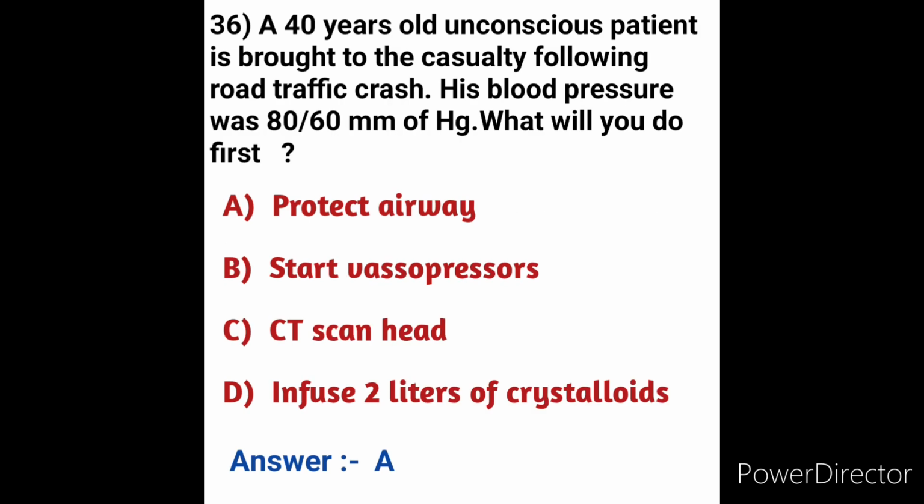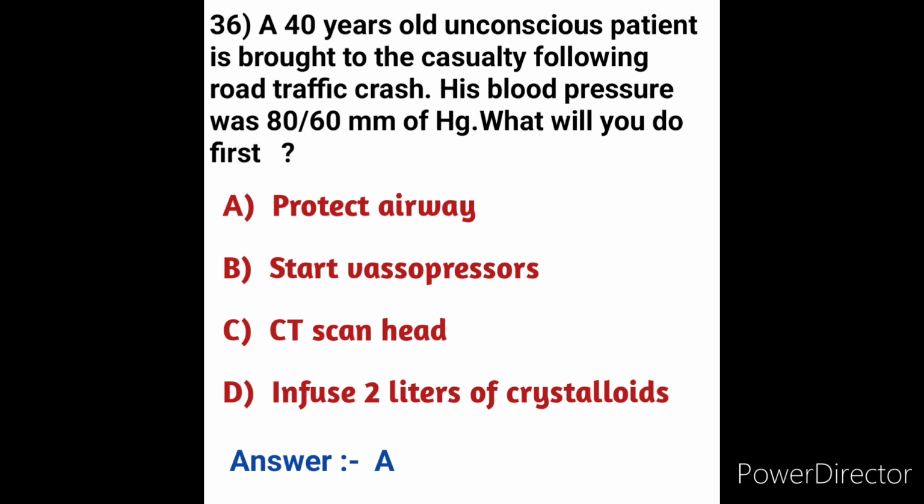A 40 years old unconscious patient is brought to the casualty following a road traffic crash. His blood pressure is 80/60 mm of Hg. What will you do first? We will see the options here. Option A protect airway, option B start vasopressors, option C CT scan head, and option D infuse 2 liters of